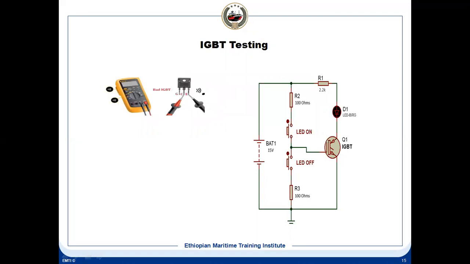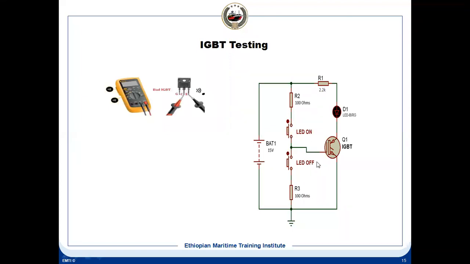Let's see, very important thing. How do you know if an IGBT is working or not? You see, if you look at this IGBT, you can see the gate, collector and emitter. Okay, if you have a multimeter like this, put the multimeter in continuity mode, or you can even put it in diode mode, and check between collector and emitter. When you give no signal at the gate, the collector and emitter should be open. Is it clear? The collector and emitter should be open. There should not be any conduction between collector and emitter.